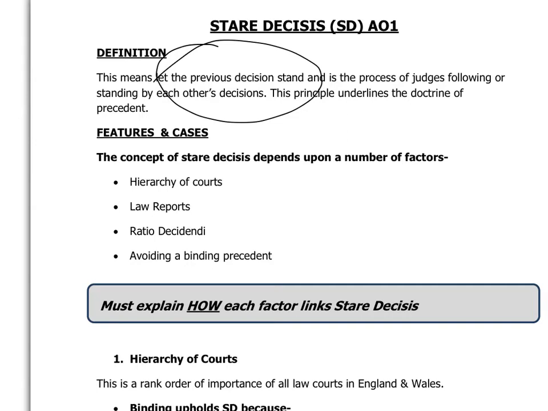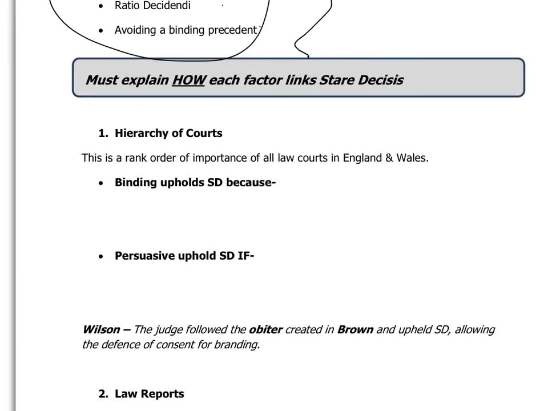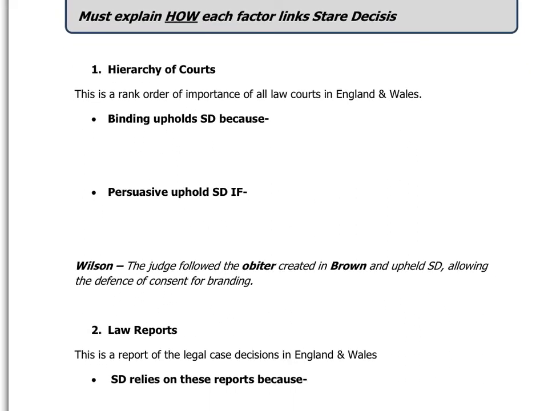Now, the way that the question works, if it said something like describe the concept of stare decisis or describe the term stare decisis, once you've done your definition, you then need to explain how stare decisis works. And how we do that is look at these 4 things to explain that stare decisis can only work by these 4. Right? So what you have to do is not only explain what these 4 are, but explain clearly how those 4